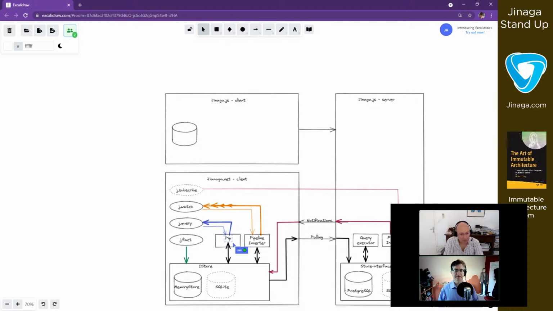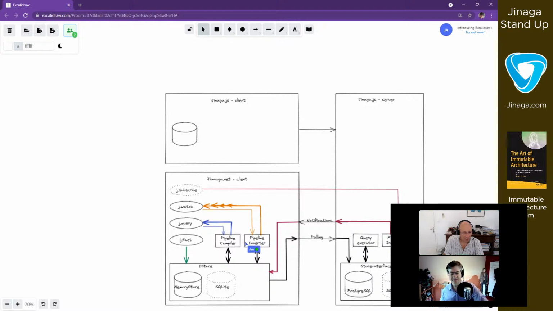By the time the iStore gets it, it's already a pipeline, and the act of executing the pipeline is something the iStore does. It converts the pipeline into SQL in the case of SQLite and tells the database to execute it, or in the case of memory store, just executes it directly against the memory.